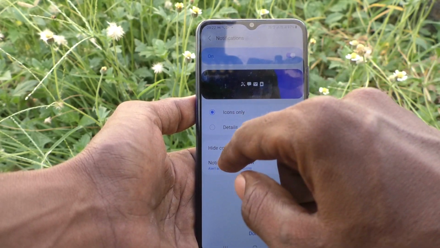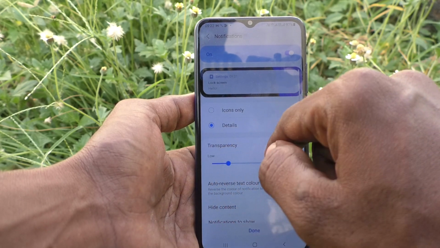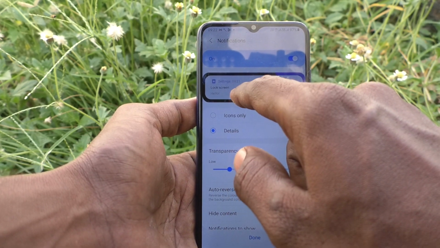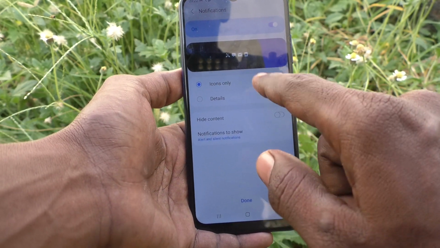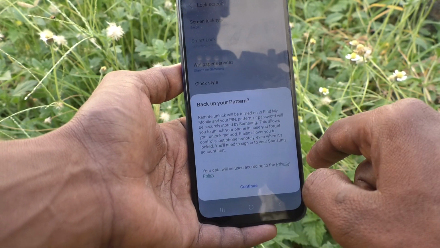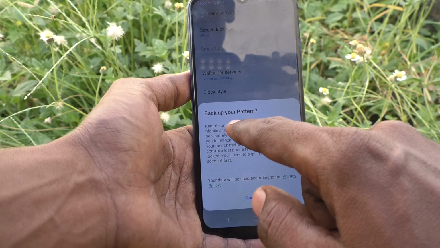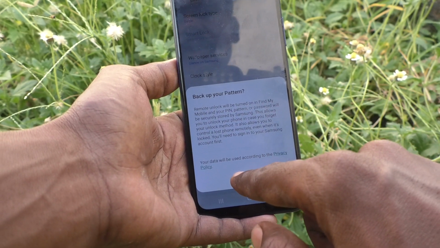If you want to show the details, then click on second one and detailed notifications will be shown on the lock screen. Okay, if you are okay with it, just click on done and it will ask you to back up your pattern. Just click on continue